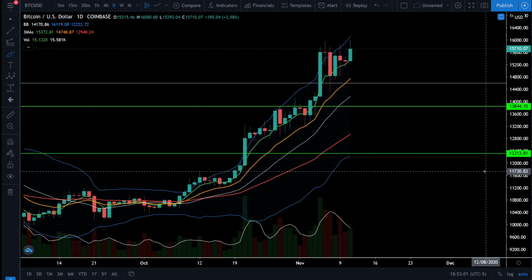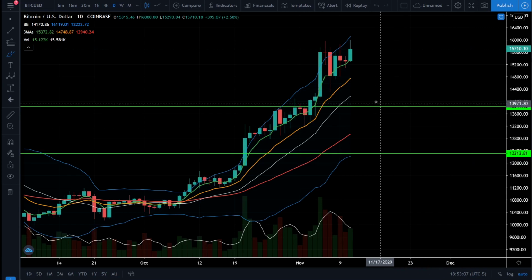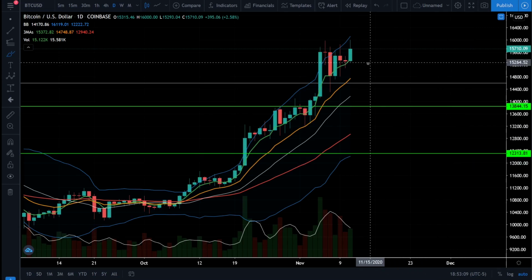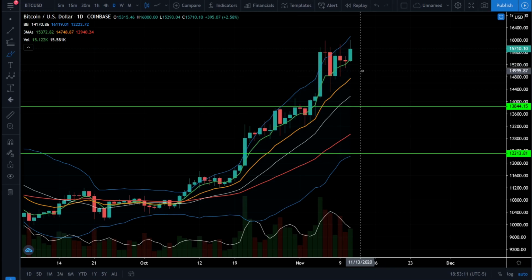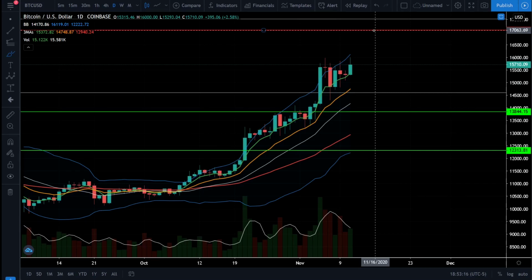Next up is Bitcoin, and the Bitcoin bulls are still fully in control of this market, and they have just been marching Bitcoin higher and higher. We're still closing above the 5 EMA, and we still have that extremely strong bullish trending. So Bitcoin's price target is still set at $17,000, and it looks like we're going to be there very soon at this rate.